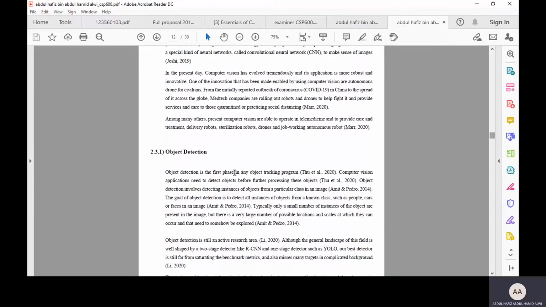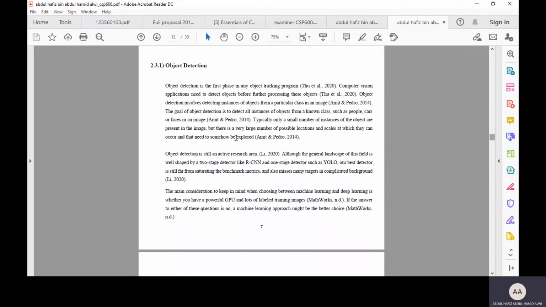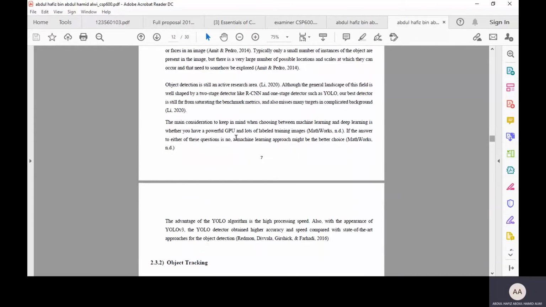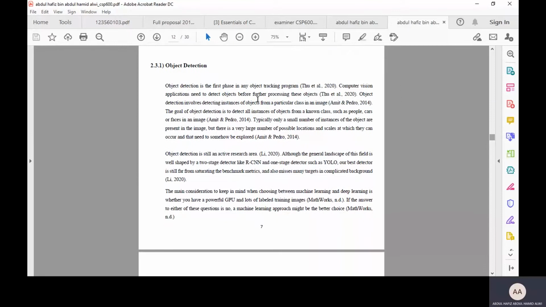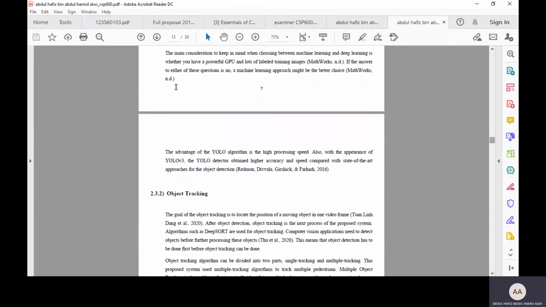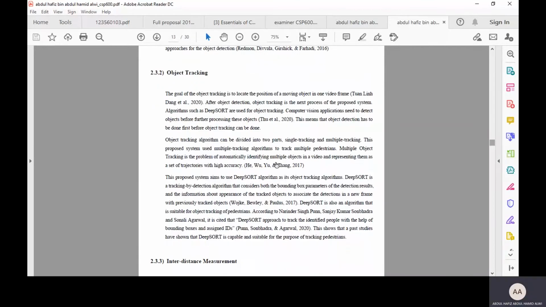So 2.3.1 is object detection. This is where we explain about object detection. And object detection is a very important phase also, because without object detection we cannot do object tracking. So first of all, we need to do object detection, and then we can further process it into object tracking. So this is where I look for information about object tracking,